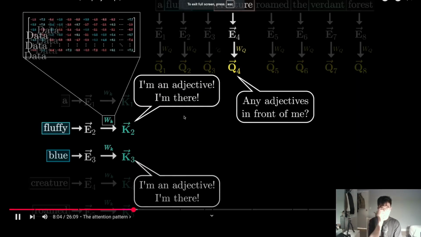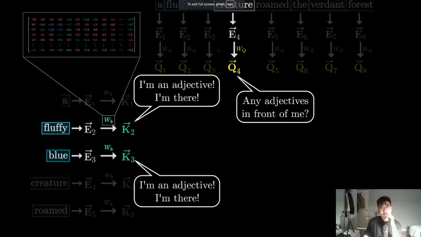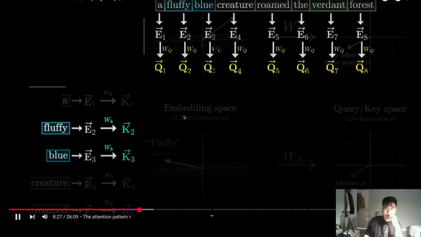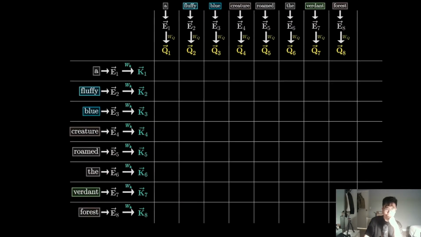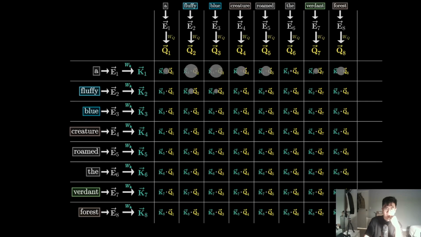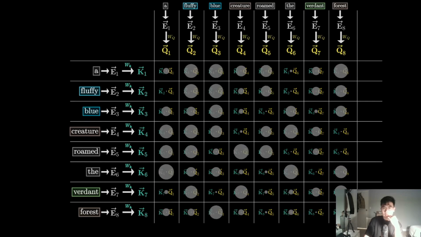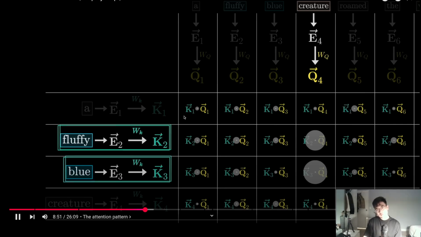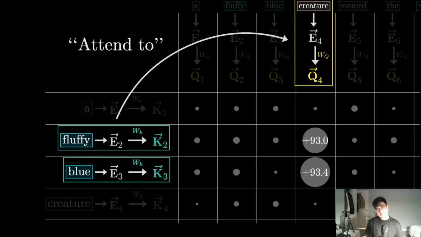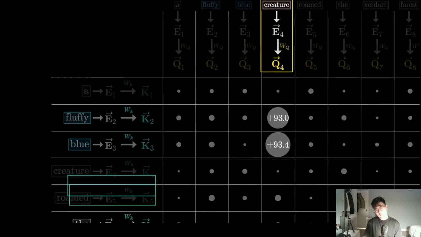This key matrix is also full of tunable parameters, and just like the query matrix, it maps the embeddings to a smaller space. To measure how well each key matches each query, you compute a dot product between each possible key query pair. I like to visualize a grid full of a bunch of dots, where the bigger dots correspond to the larger dot products. If the keys for fluffy and blue really do align closely with the query produced by creature, then the dot products in these two spots would be some large positive numbers. In the lingo, machine learning people would say that this means the embeddings of fluffy and blue attend to the embedding of creature. By contrast, the dot product between the key for some other word,